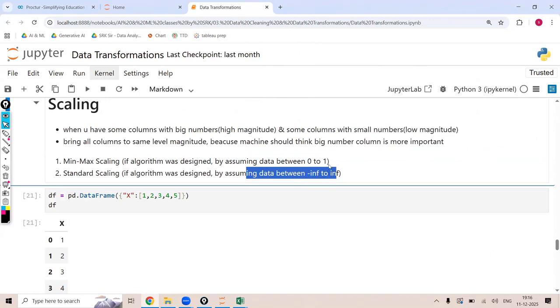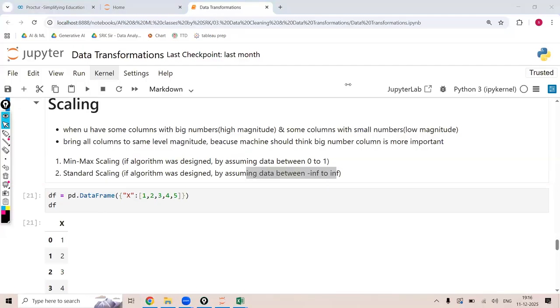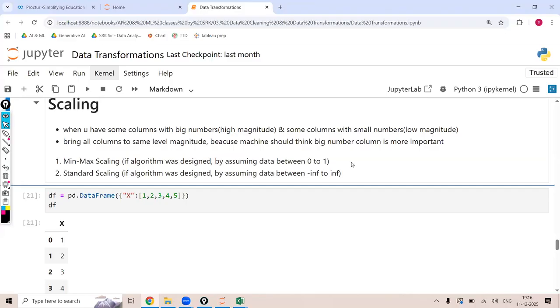Now the next question is, that is a range. For min-max scaler, it is 0 to 1. For standard scaler, it is minus infinity to plus infinity. Now the question is, which one has to be applied when? Min-max scaler or standard scaler? Which one, miss? Now, if the algorithm was designed with the min-max scaler, now you have to do the min-max